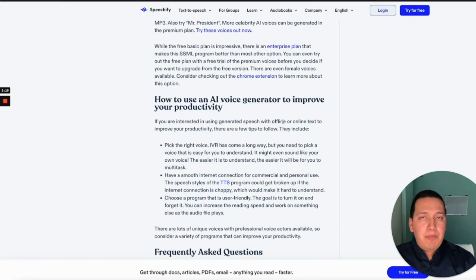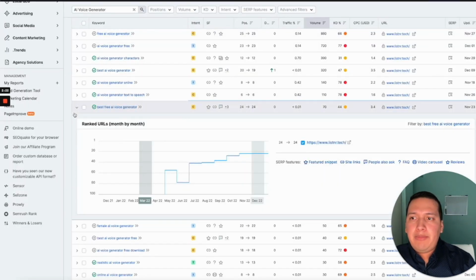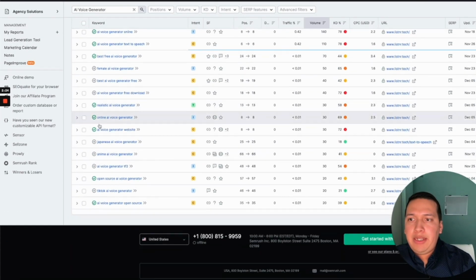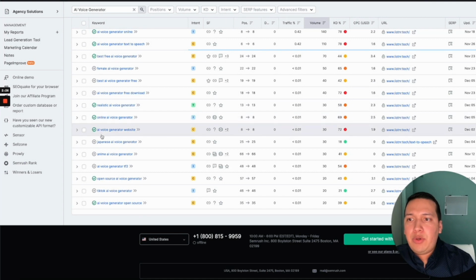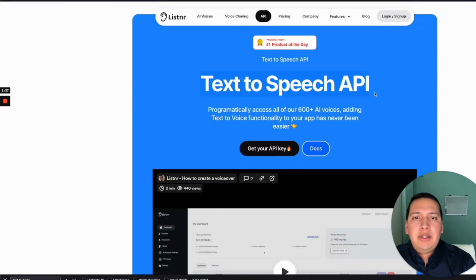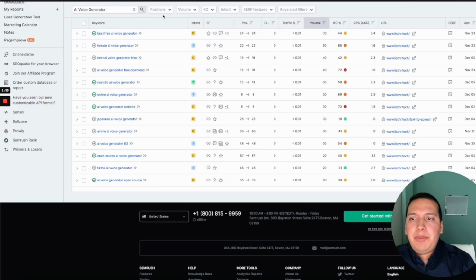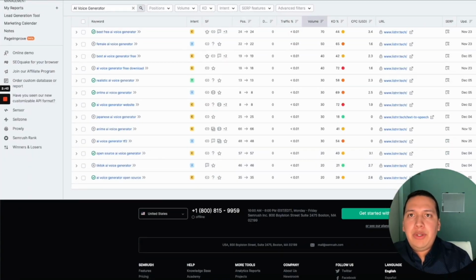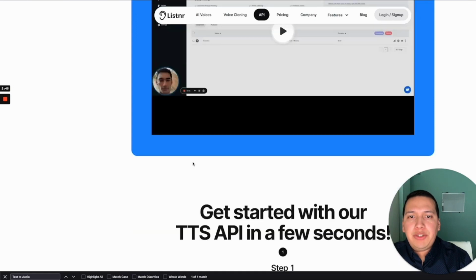And so anyways, that's the reasoning behind that keyword selection there. We have some more keyword variations like realistic AI voice generator website, etc. I know they have some API related keywords. It says here, text to speech API, open source AI voice generator. So maybe these are some keywords that we could target for this particular page here,